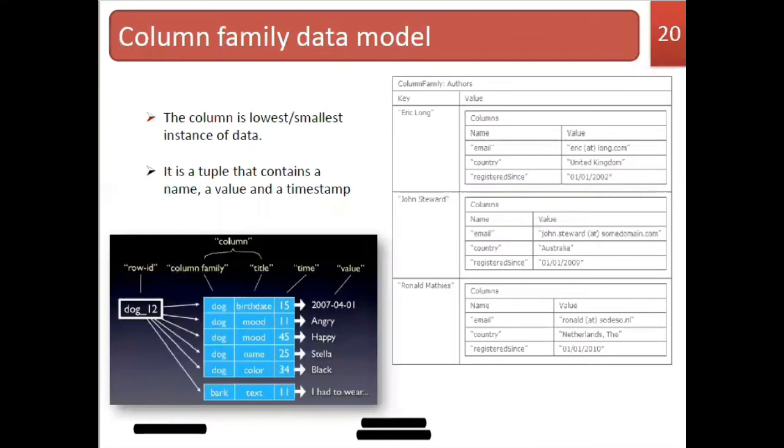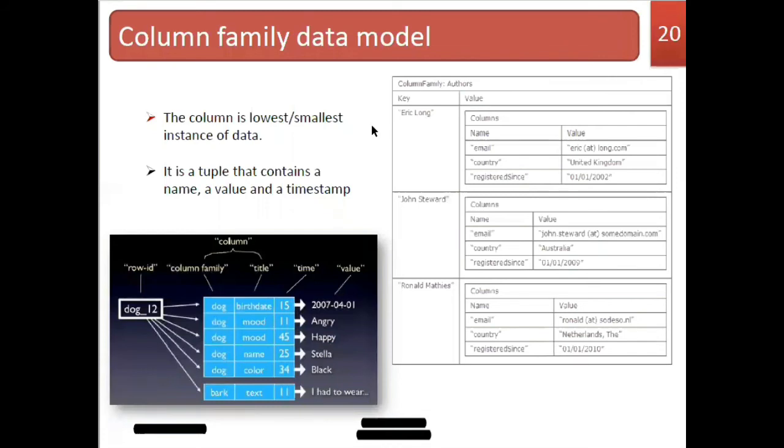Next comes the column family data model. We have seen column family data model examples, Cassandra and HBase. Here the column family data model will look like a table. Not exactly a table, but like a table which has only two attributes, key and value. So this actually resembles a big table, right? Bigtable is one of the concepts we use in HBase, and that is actually based on the column family data model only, right?